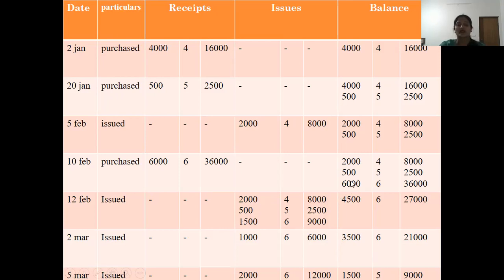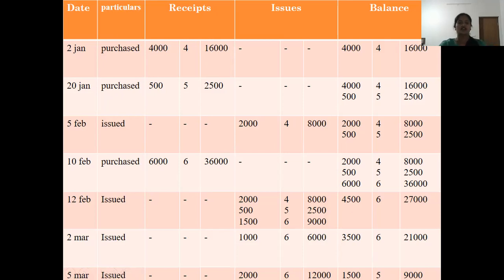So out of 6,000, issue 1,500. Now 6,000 minus 1,500, what is the balance? We have only 4,500 as the balance remaining. The materials left with us are only 4,500 in the balance. The first lot has been given out, the second lot has been issued, and from the third lot we have issued 1,500 units. What is the balance? 4,500 units for the rest. Okay, now we have done the balancing.